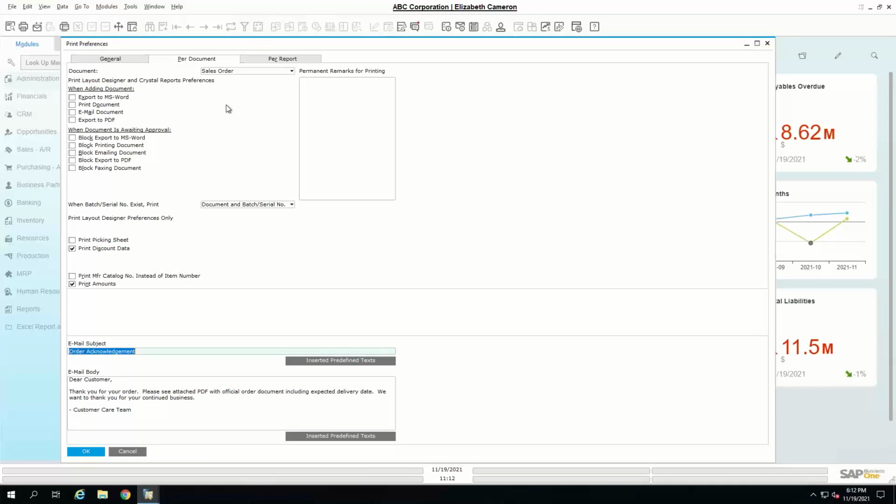So the next one that I wanted to cover is print preferences. Again, Ben will cover how we can set this on the user by user level, but in general at the company level, we may have a need to automate the printing, emailing, or exporting of certain documents when they're added. So instead of putting that responsibility on the user to have to remember to do that after they've added a sales order, a lot of times a sales order, an invoice, any of these documents, they may be adding multiple at a time,